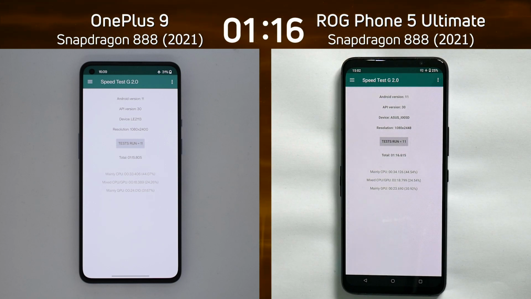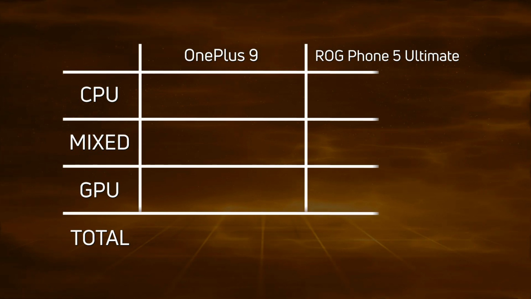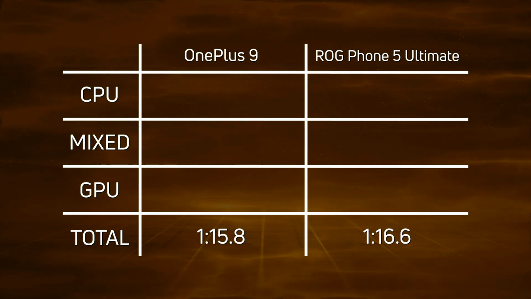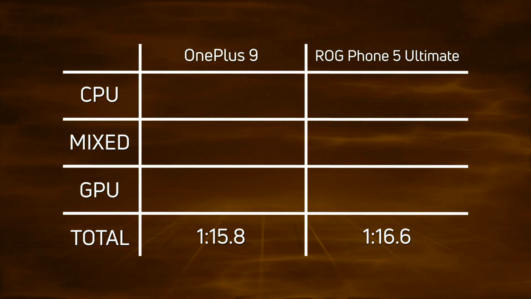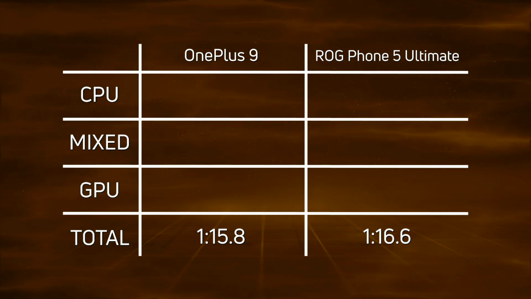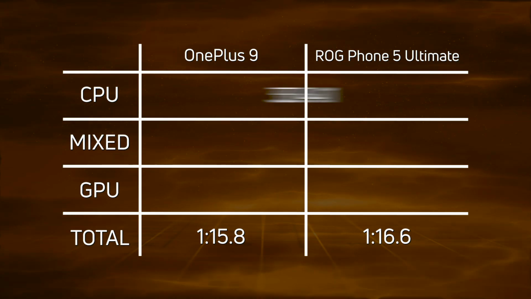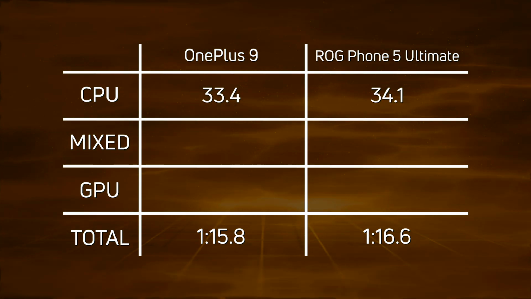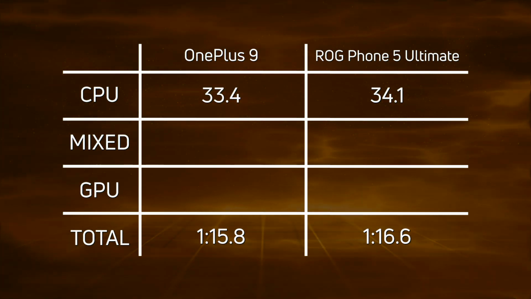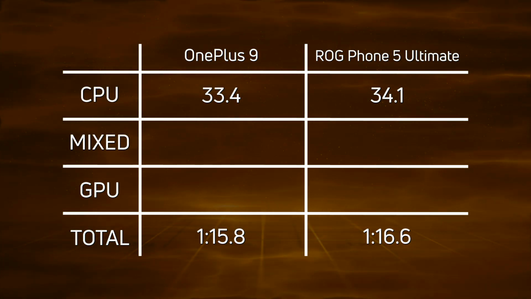Okay, let's break down the scores and see exactly what happened. So as we saw there, the OnePlus 9 was the first over the finish line, but only by a fraction of a second. 1 minute 15.8 versus 1 minute 16.6. There's a difference of 0.8 seconds. So what happened? If you look at the CPU, 33.4 versus 34.1, there's a difference of 0.7 seconds in favor